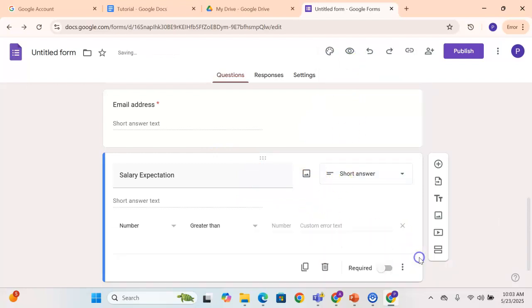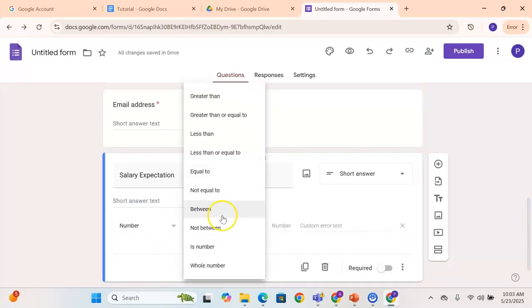So for this response validation, I'm making use of number here now. Any number you put should be greater than, but this is salary, so you just read this. Mine is going to be greater than. So any number you are putting has to be greater than the specific number I'll type here. But I want it to be